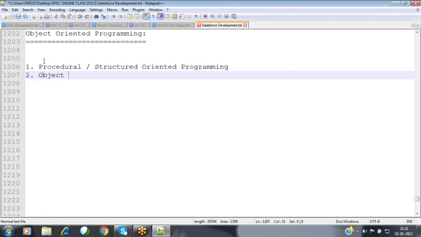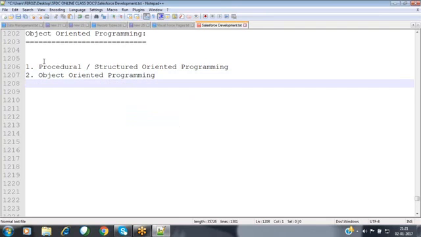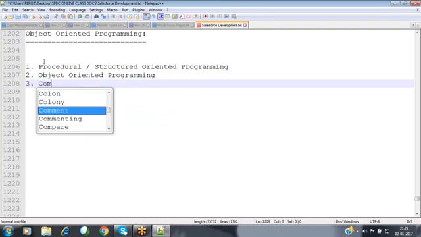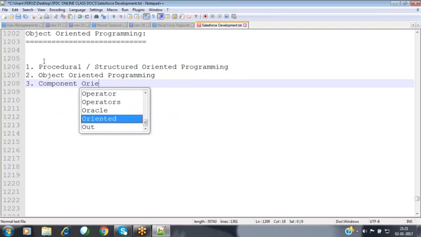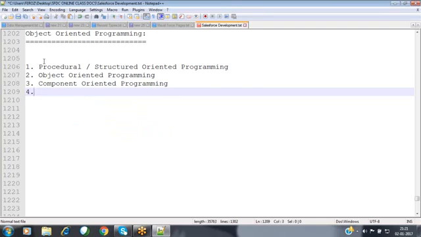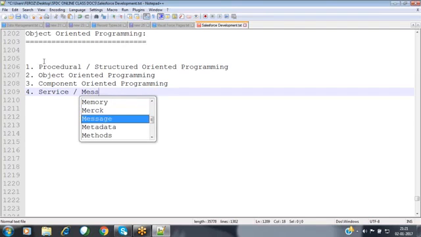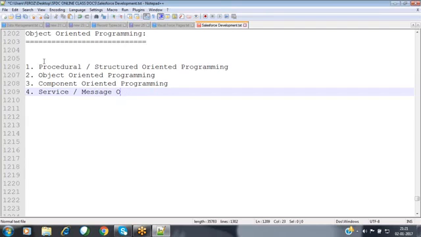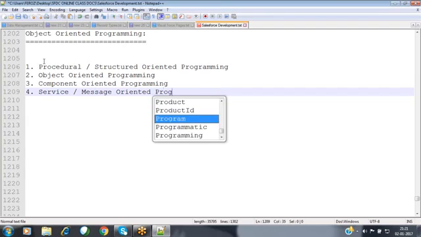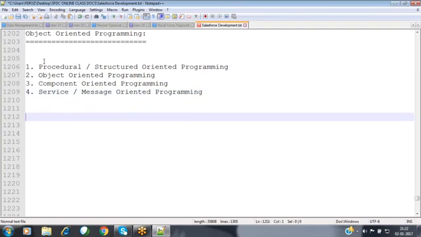The second one is object-oriented programming approach. The third one is component-oriented programming approach. And the fourth one is service or message-oriented programming. These are the various programming approaches available in the IT industry as of now.